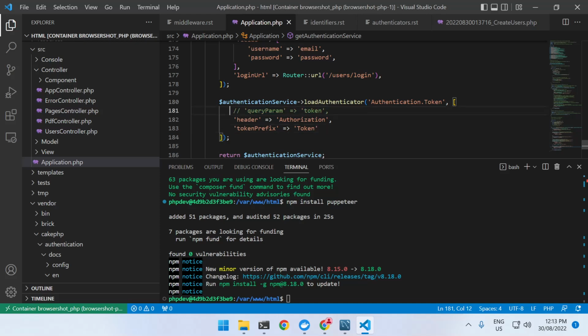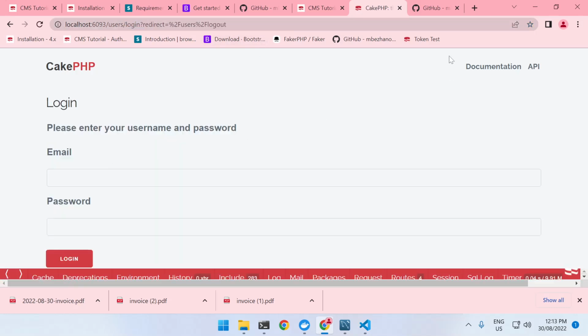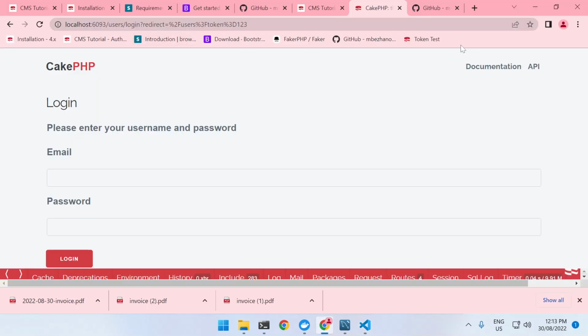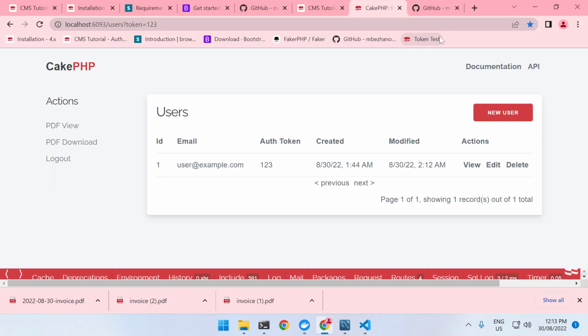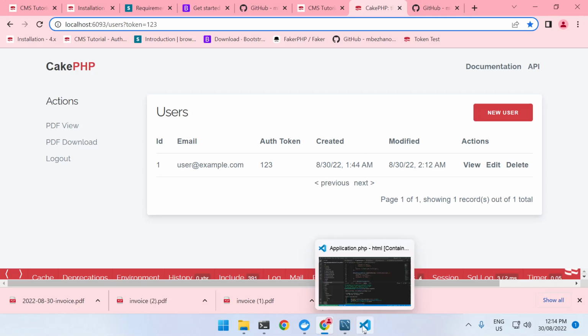Let's just disable query string authentication. So I'm going to log out and go token test again, and notice now that I've disabled the query param token, it's saying, look, it's not specified, so don't use it. And that's a little bit of a security thing, so that if there is the risk of giving away your tokens by doing GET requests in them. So it's a lot more secure, obviously, to do a POST request. So now let's go back to our PDF